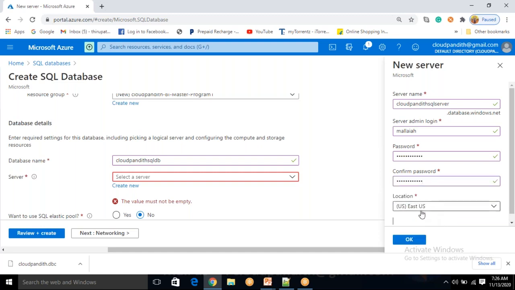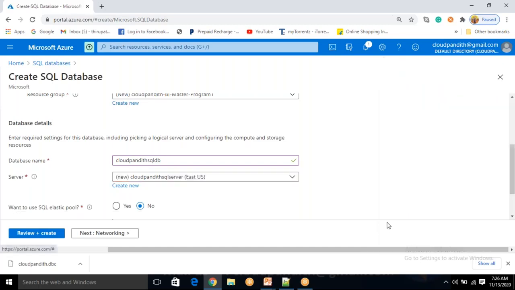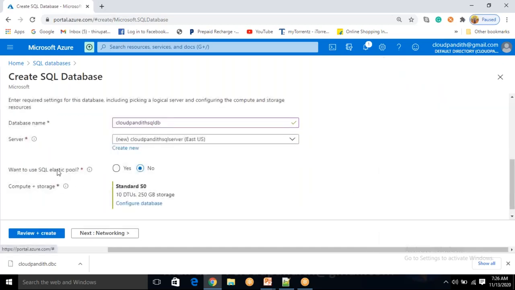The password is matched. Now, in which region are you creating the server? In East US. Just click OK. If you want to use SQL Elastic Pool, as we discussed yesterday, if you want multiple databases which should share the resources, then you need to go for the Elastic Pool. If you want independent databases, where each database maintains compute and memory independently, then you do not need to select the